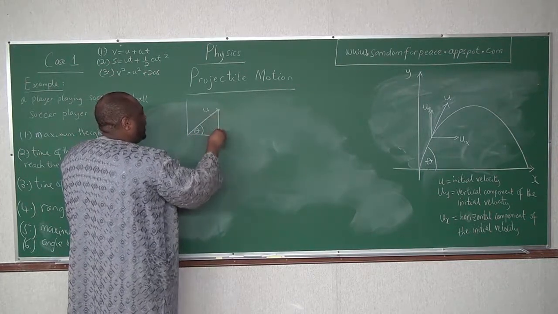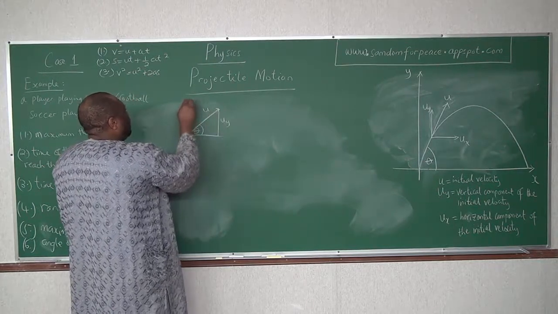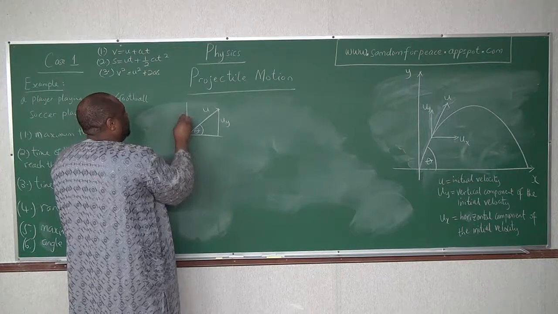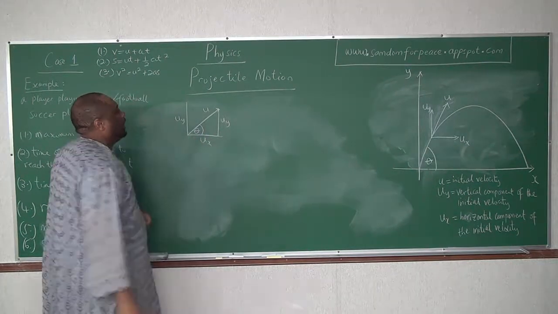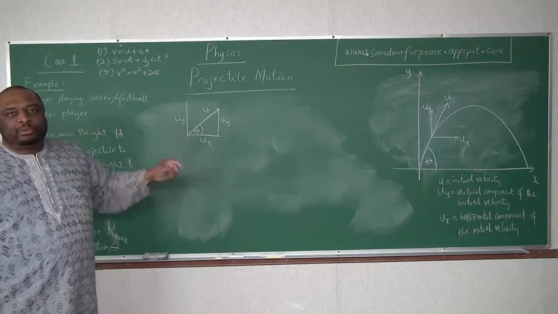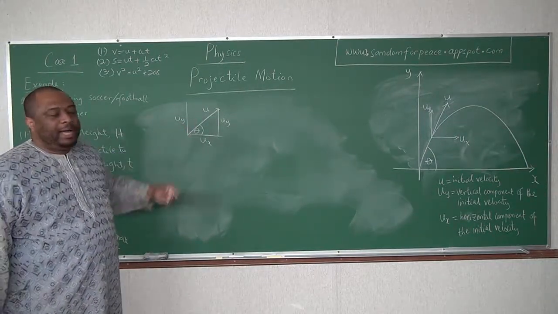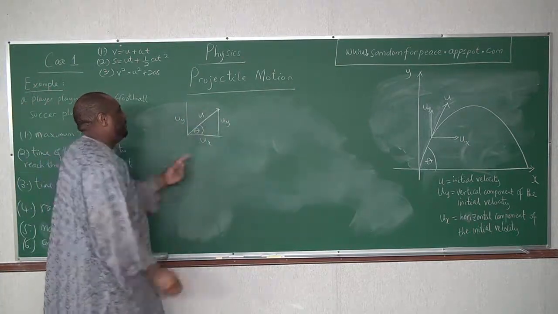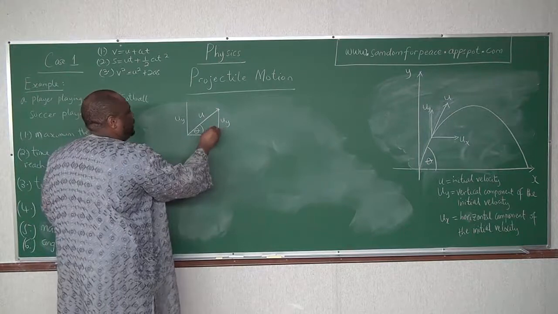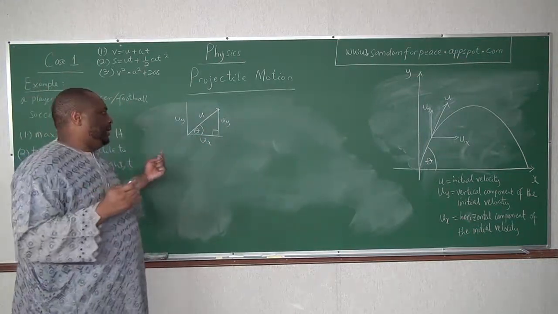Now we have here u of y, because this is parallel to this, okay? And this is u of x. U subscript x and u subscript y. So this is what we have now. So let's find our vertical component, and this is a right triangle. Let's find the vertical component and the horizontal component